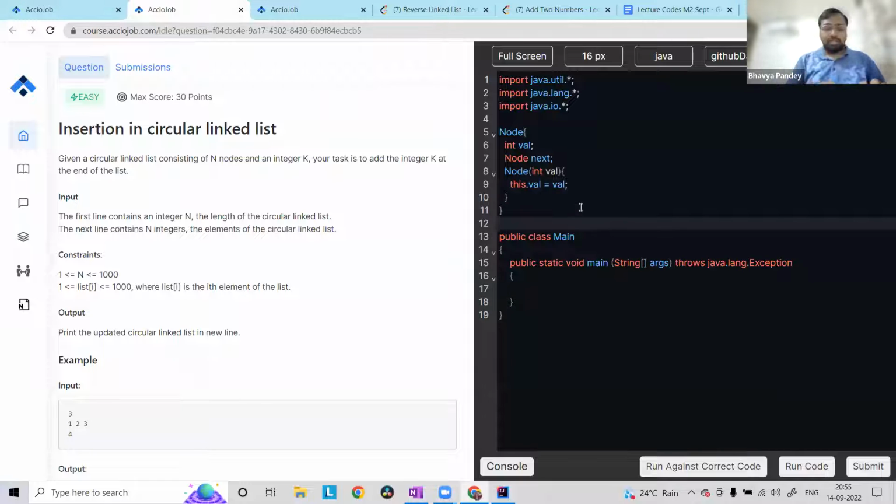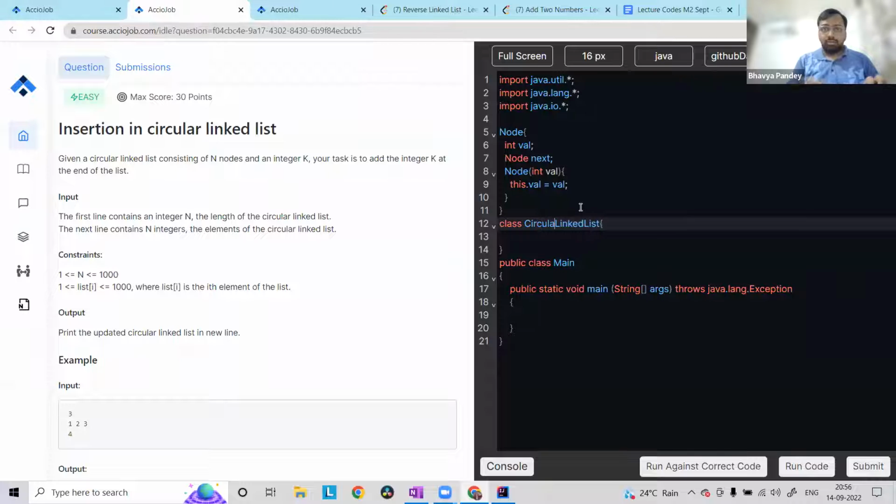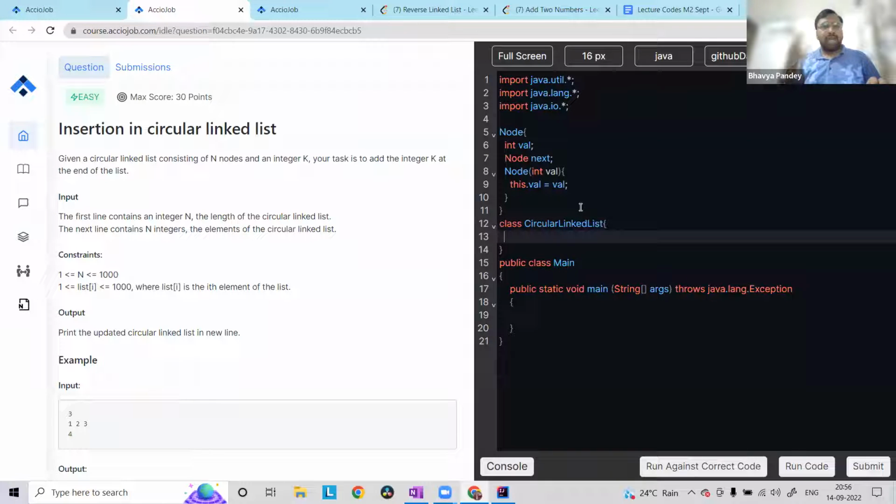Also, let me make a class linked list, right? So it becomes more convenient to manage a particular linked list if I represent it in form of a class, right? उसी में function call कर दूंगा, उसी में function लिख दूंगा. It makes more sense because the function that I'm writing is about the linked list. That's why it makes sense to make the linked list class, and let's call it circular linked list, right? Circular linked list. So I'm not aware of the theory actually, but the way I see it becomes more intuitive is, instead